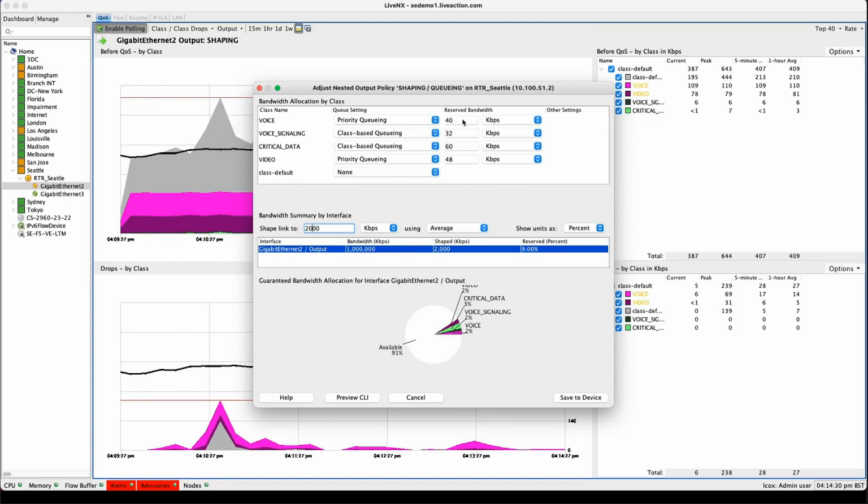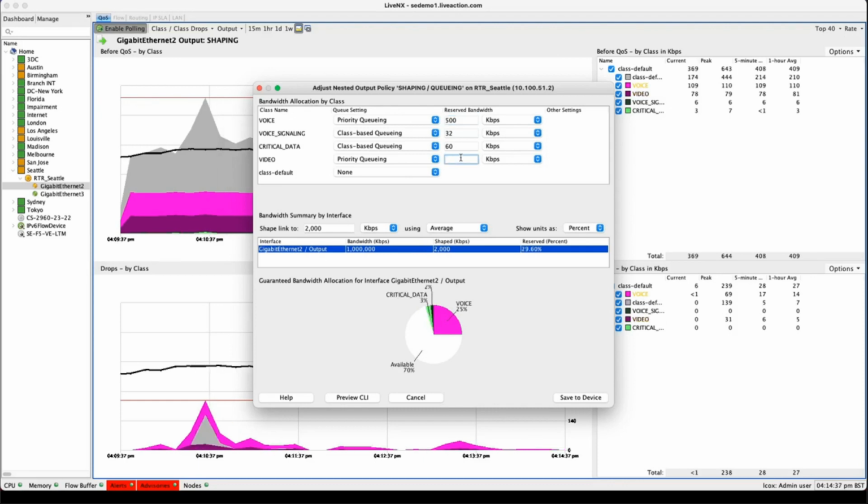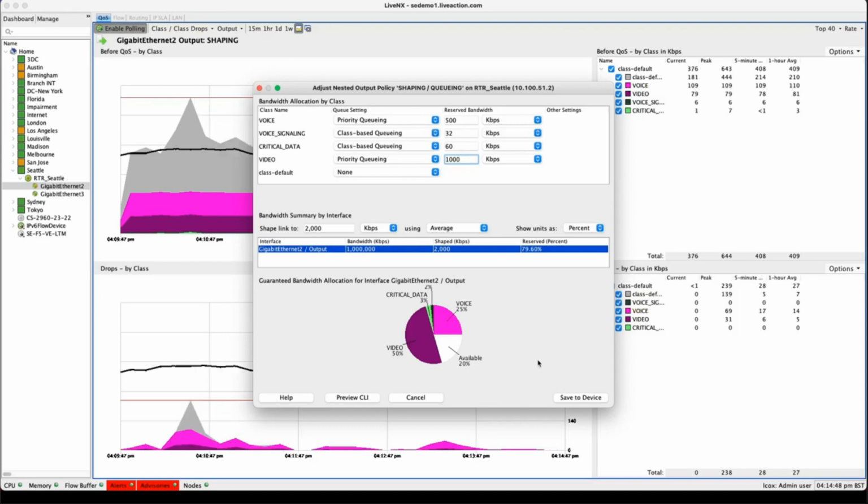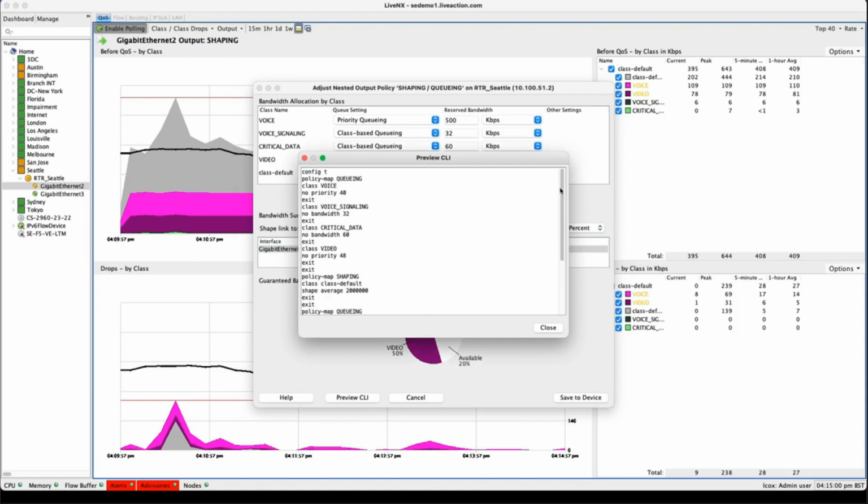So I'm going to give my voice queue a nice healthy 0.5 meg, and I'm going to give my video queue a nice healthy 1 meg. And I'm not going to save this to the device at the moment. Again, this is a corporate network and I need to raise a change control document. So I want to know what the CLI is. So I'm going to click preview CLI